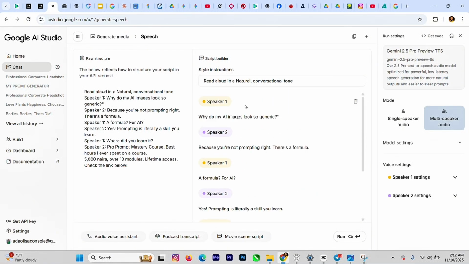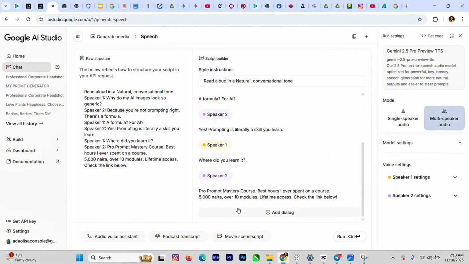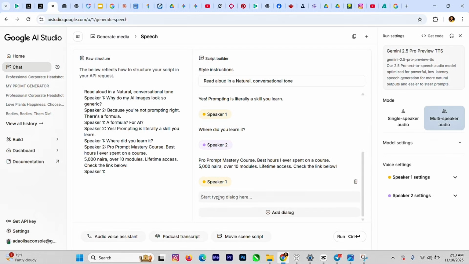So I first of all put the script of what I want speaker one to say. So I want it to say, "Why do my images look so generic?" Then speaker 2 will say, "Because you're not prompting right. There's a formula." Then speaker 1 will say, "A formula for AI?" "Yes, prompting is literally a skill you learn." "Where did you learn it?" "Pro Prompt Mastery course, best hours I ever spent on a course, 5,000 naira, over 10 modules, lifetime access. Check the link below." So you can come over here and add a dialogue, and then you type in the